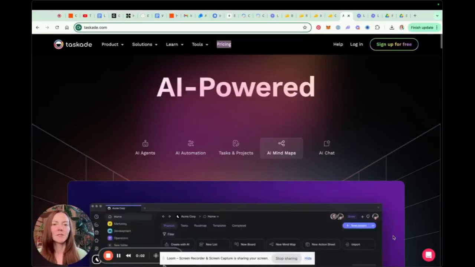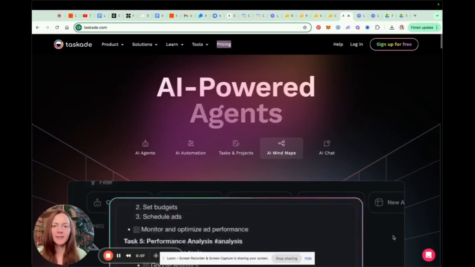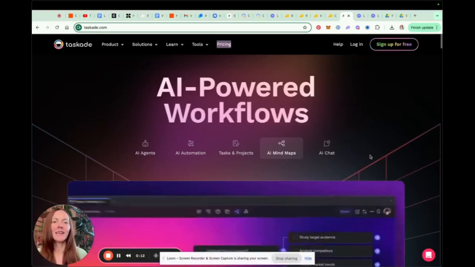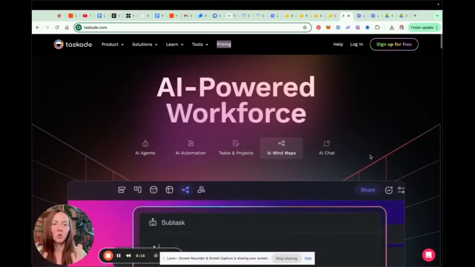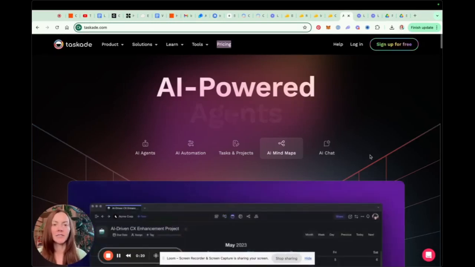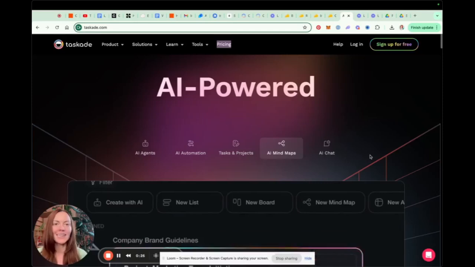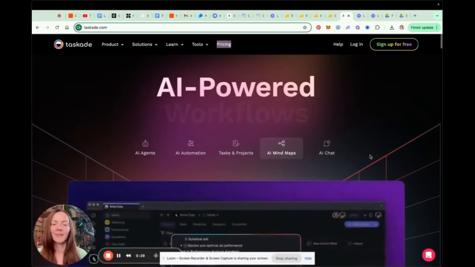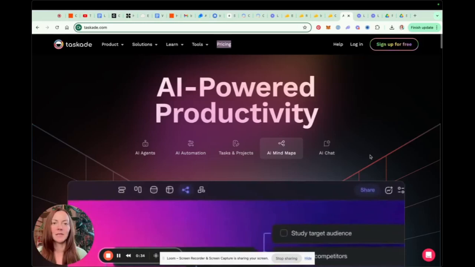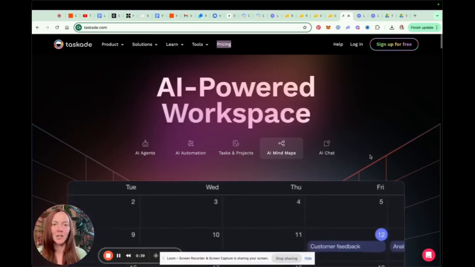This is perhaps the most mind-blowing and advanced AI tool that I've been using, and it's called Taskade. And Taskade can essentially act as a tool that can manage your entire AI dream team. But I do want to note that it is a little bit overwhelming and complex for a lot of small business owners. So I've had other people test it and they have found it to be quite challenging to use versus some of the other tools that I've shared with you.